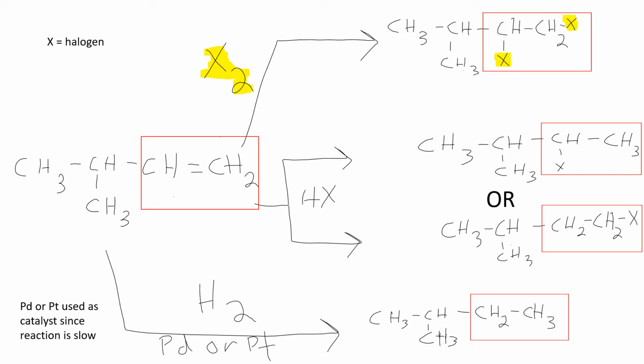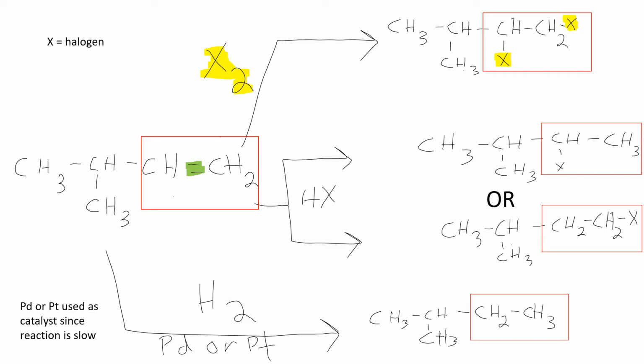We added those halogens. Well, the second thing we talked about as happening in every single one of these addition reactions is that in order to make room for the new bonds being formed between the carbon and the halogen, we had to get rid of an old bond. Well, what's the old bond that we got rid of? The carbon-carbon double bond becomes a carbon-carbon single bond. We're going to see this. I'm going to highlight this aspect in green.